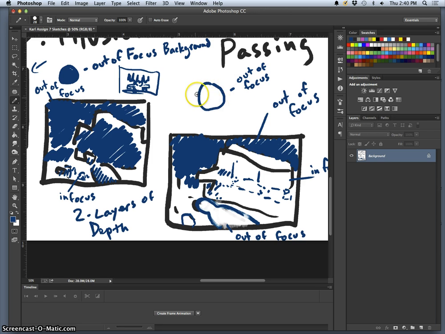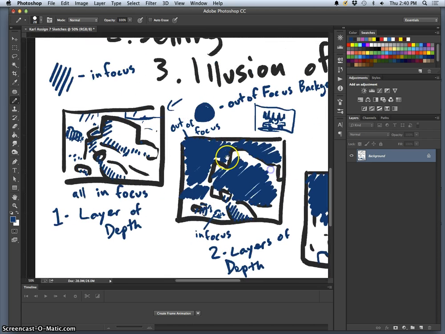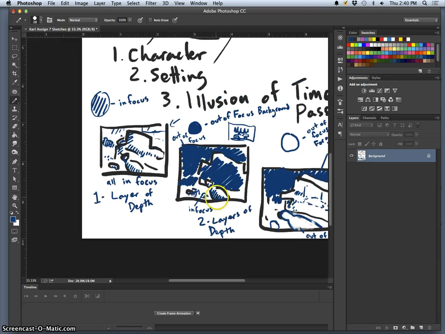White silhouette, just outlined strongly with nothing inside, that means out of focus foreground. And kind of hatched like it is in a lighting sketch means in focus, no matter where it is, foreground,